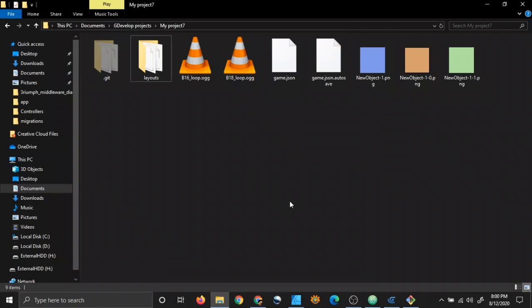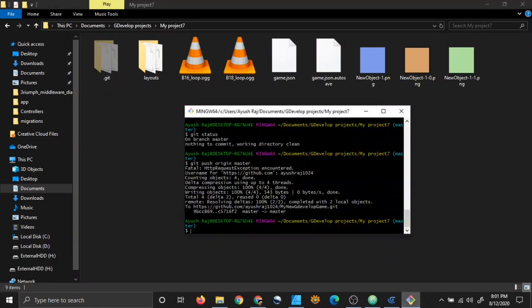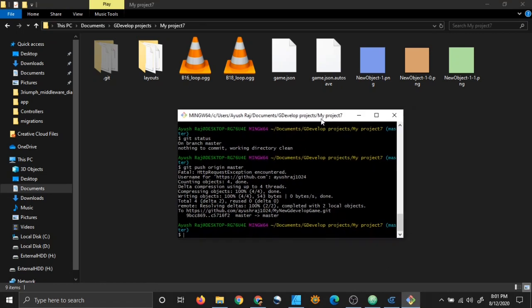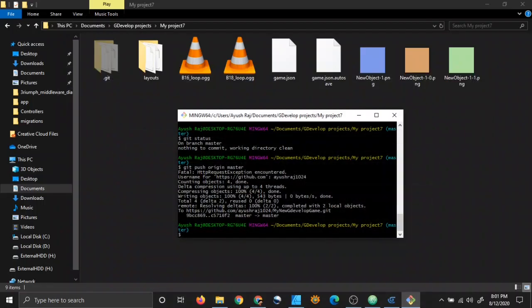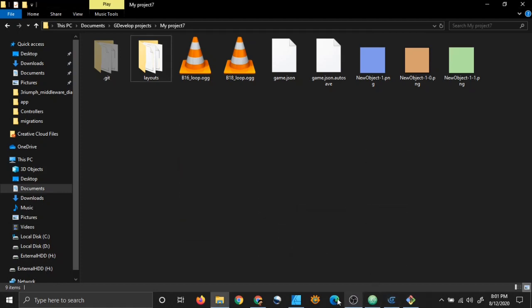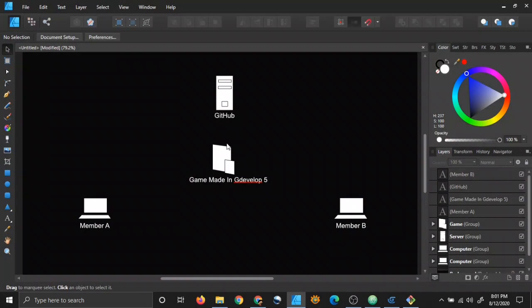It's not very difficult. So that's how one person can work with GitHub. And even if you are working on your game alone, it is a good idea to use GitHub to version control your game. So I think you should do that even if you are working alone. But now let's see, if you are working in teams, what should you do then?